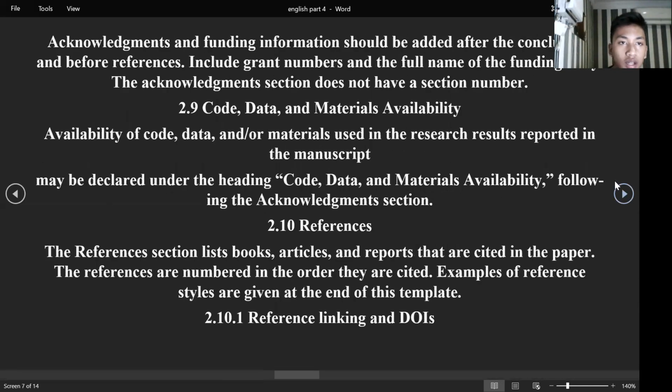2.8 Acknowledgements and funding information should be added after the conclusion and before references. Include a grant number and the full name of the funding body, and the acknowledgement should not have a section number. 2.9 Code, data, and material availability. Availability of code, data, and or material used in the research results reported in the manuscript may be declared under the heading Code, Data, and Material Availability following the